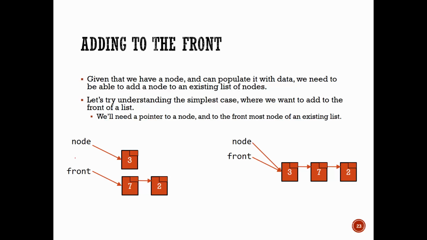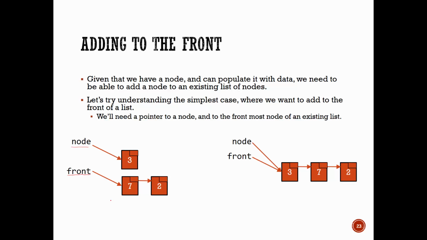Over here we have our node, which is something maybe we've just constructed. In the previous example we built a node and populated it with some data. So we could say there is this node that has something in there. And then you may have this over here, another variable, where the text indicates a variable, that is pointing at the front node, or the first node, of a list. And so our task is, how do I make one list that has all three of these nodes in there? We're going to see how we can do that.